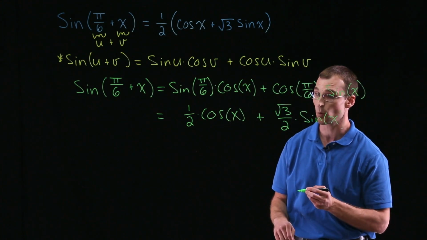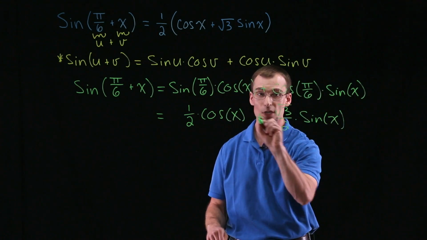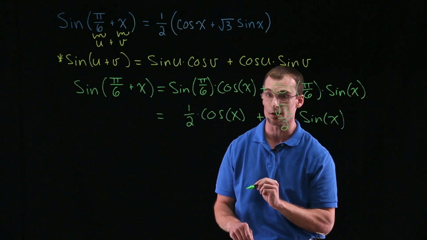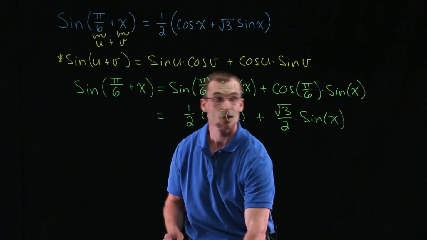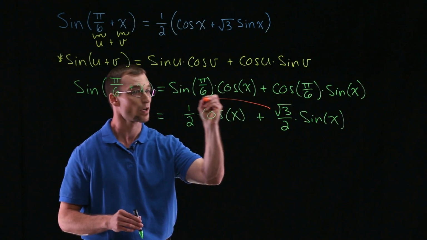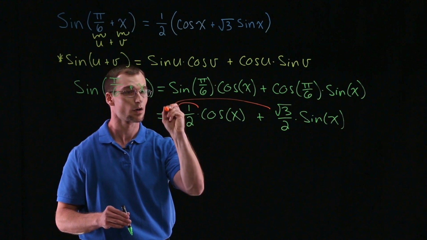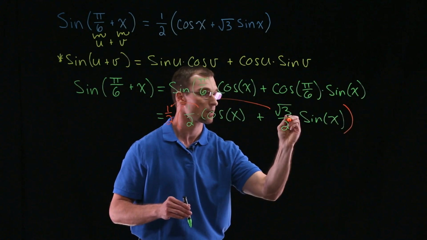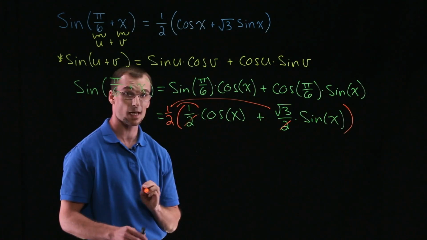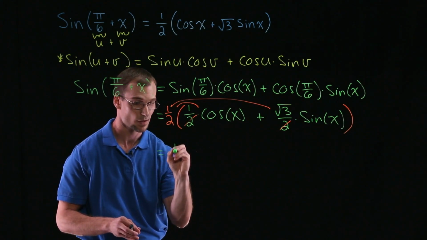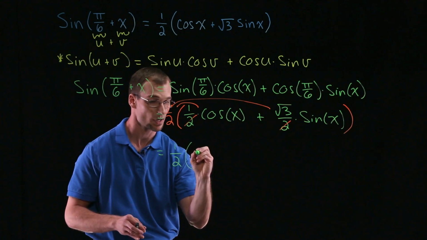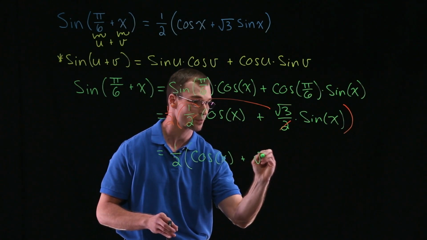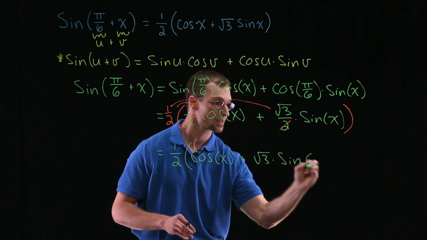And I think we're about one step away. If you notice, we have the cosine plus a square root of 3 times sine of x. The only difference is we have 2's in the denominator. So if we factor out, say, a 1/2, bring a 1/2 all the way to the outside, that will get rid of our 2's in the denominator. And so what we have is 1/2 times the quantity cosine of x plus square root of 3 times sine of x,